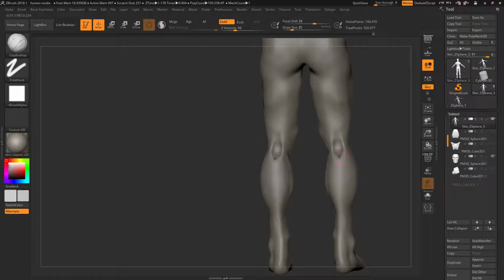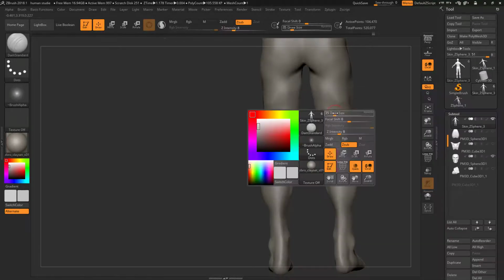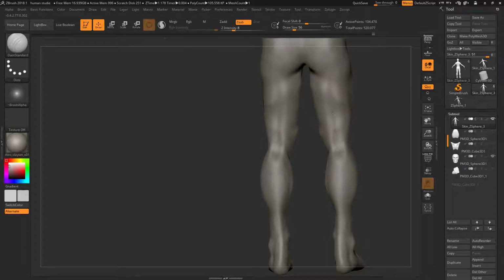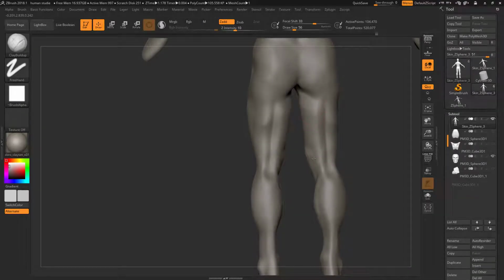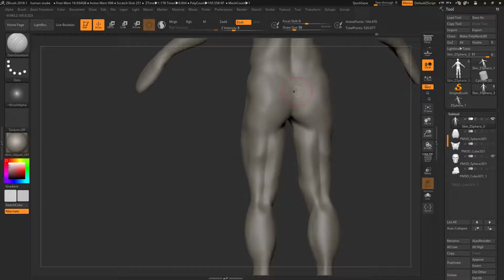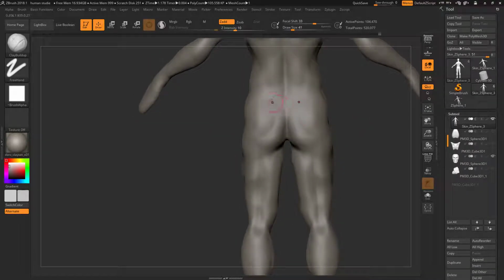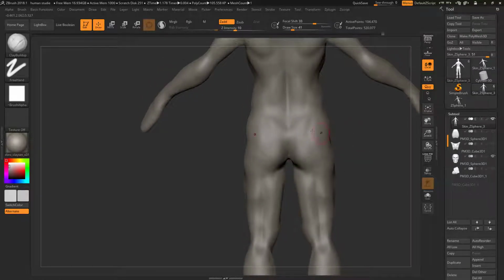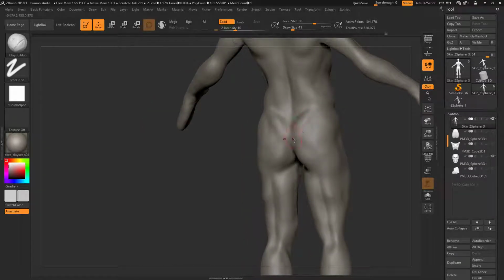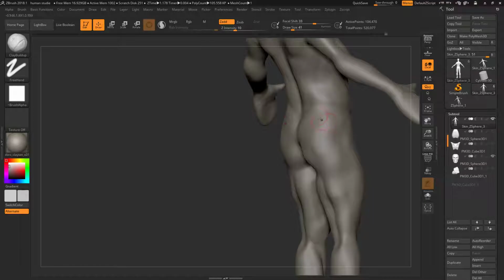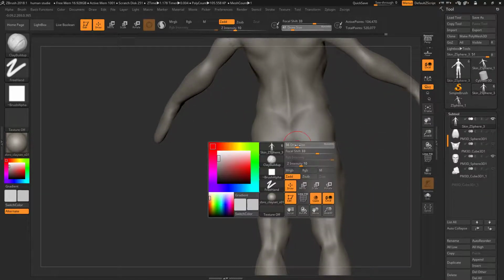The hole there, we can bisect this, go up. Kind of going to try and follow some of the anatomy we did earlier. I'm going to decide where the pelvis is, like there, because I need to figure out where